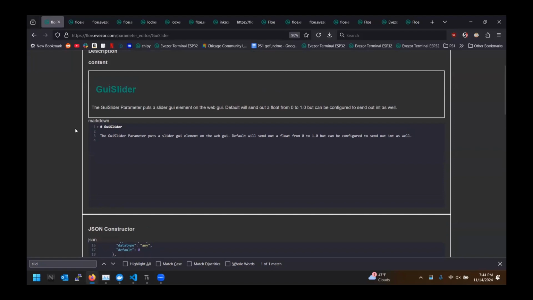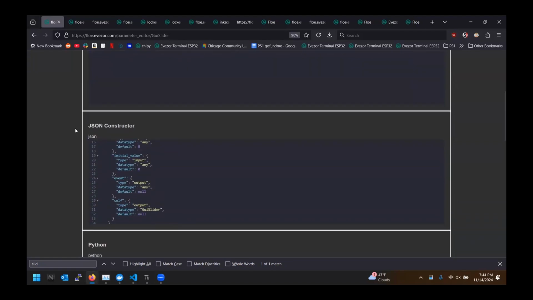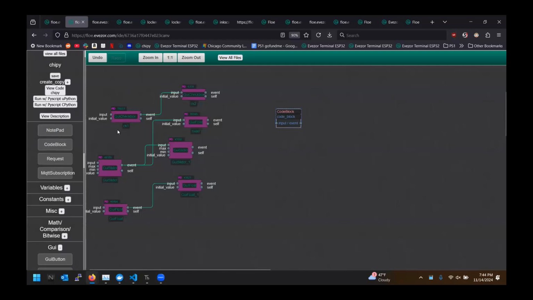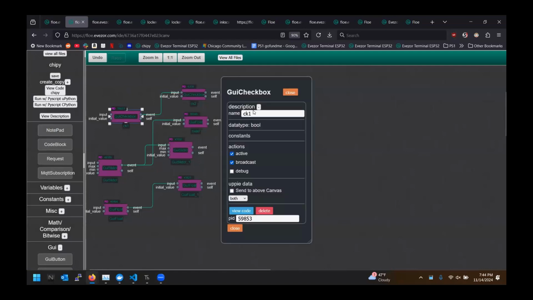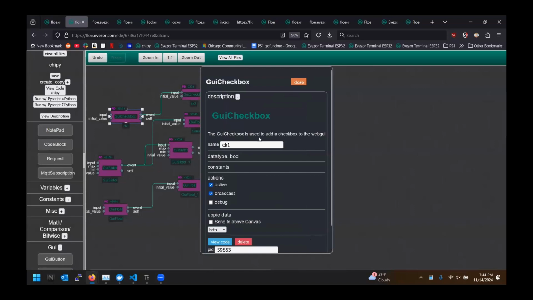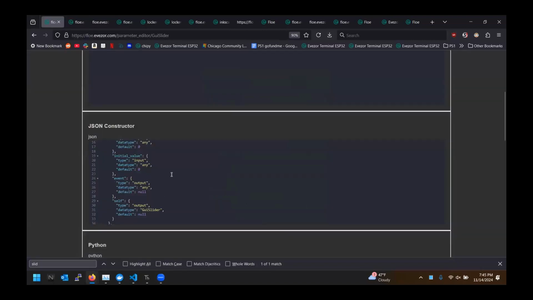Basically, we've got some markdown here and this constructor item here. And these ones are only there to let Floe decide how to construct these boxes. If you were to do any of these, you can see that we have this checkbox and it has some markdown in here. So how all of these checkboxes and options and everything are constructed is all in this JSON constructor thing here. So these are all basically Floe